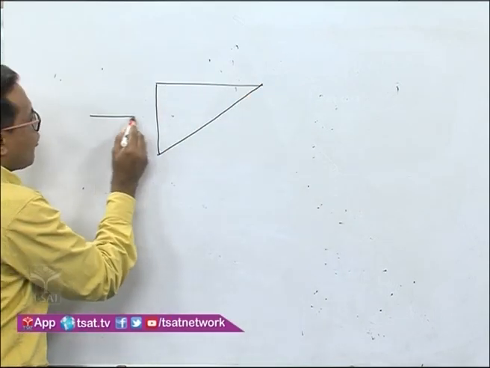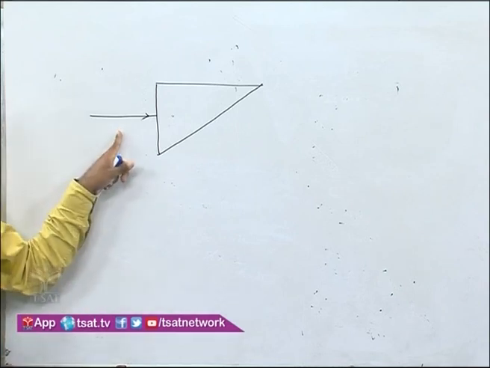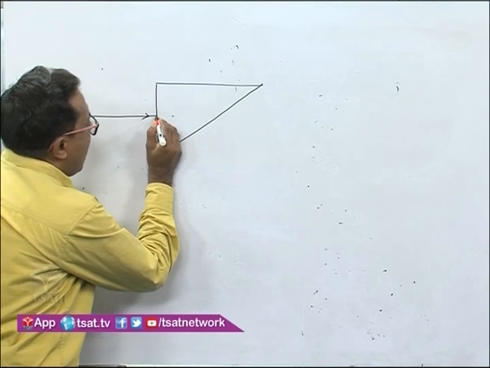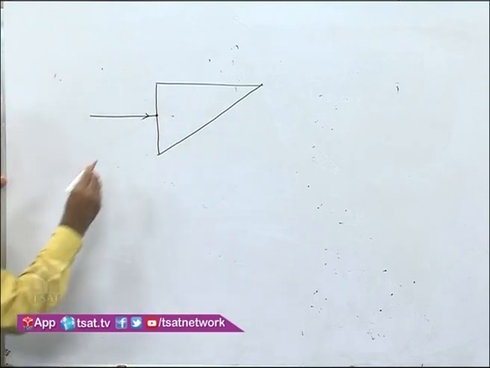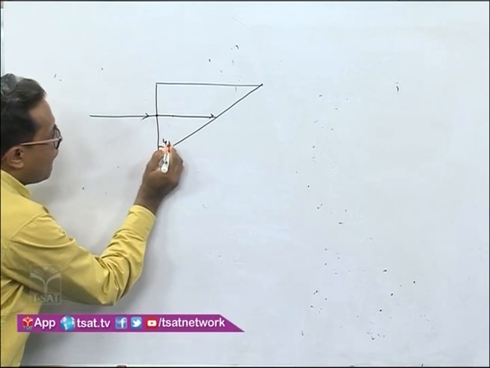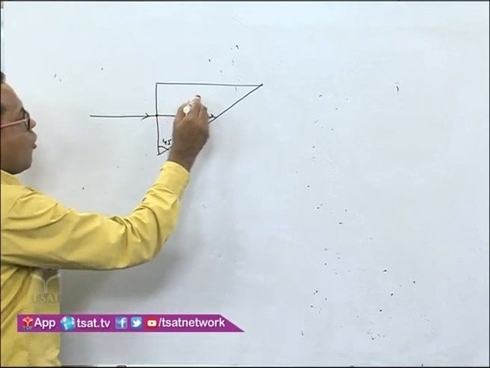The ray is coming like this as it is given. It is incident normally, so at this point it is a normal incidence. It will go straight without deflecting over here. This angle is say 45 degree. Now if you make a normal over here,